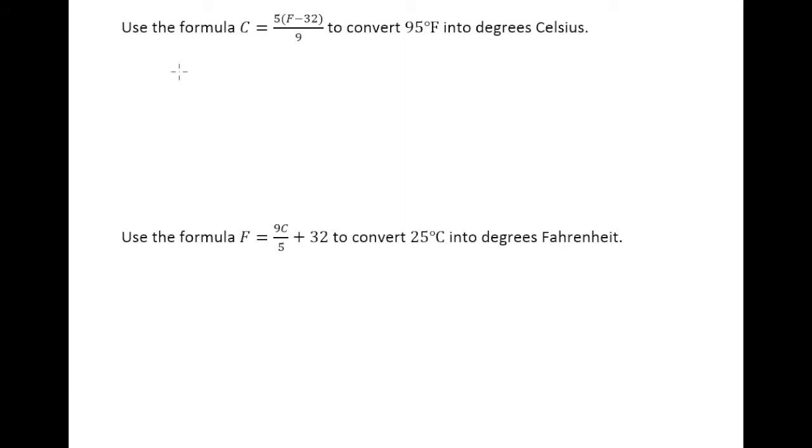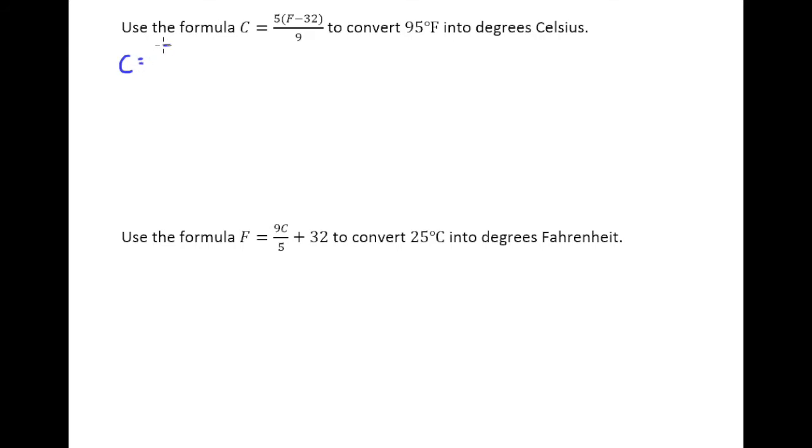So in this first one it says use the formula C equals 5 times, in parentheses F minus 32, all over 9 to convert 95 degrees Fahrenheit into degrees Celsius. So they give us the formula. What this formula does is you plug a Fahrenheit temperature in for F and make the computation, and that'll give you the Celsius temperature. So we are going to just write out